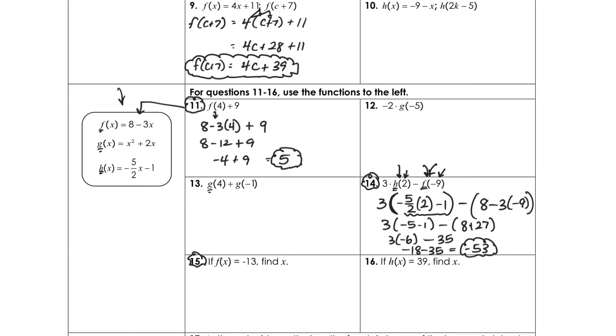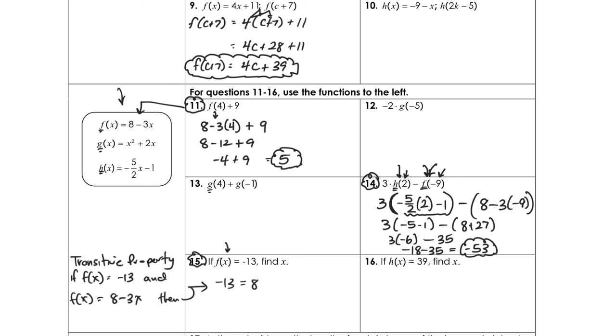Okay, so on to number 15. In number 15, if I say f of x equals negative 13, and I want you to find x, what we're going to use here is the transitive property. So that's how we get through this problem. If f of x equals negative 13 and f of x equals 8 minus 3x, then what has to be true here? Just the transitive property,